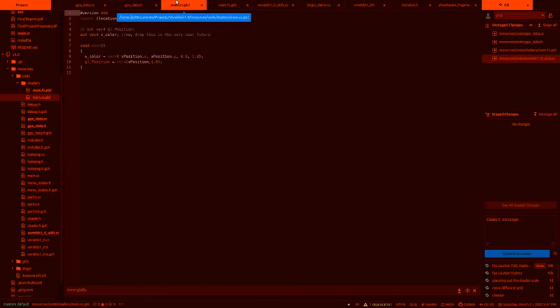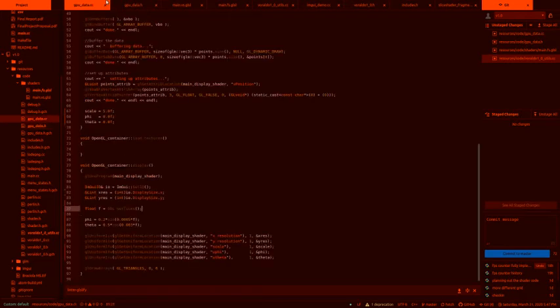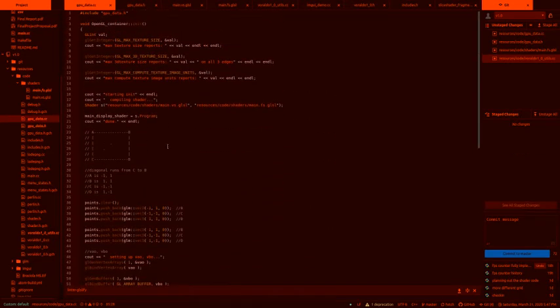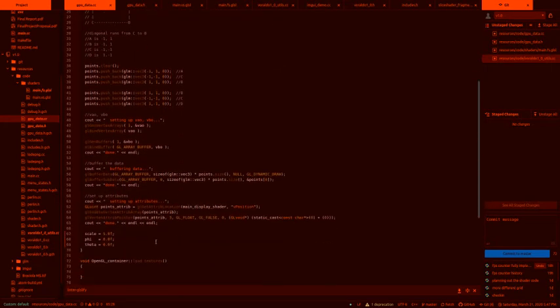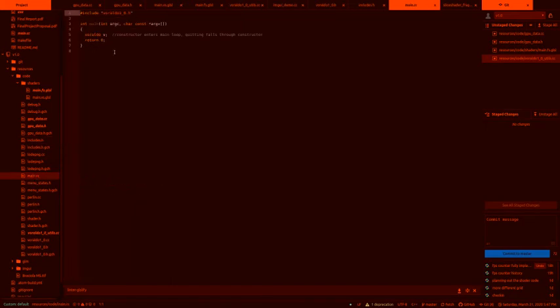Getting to the point where I don't actually have the texture declared yet, so that's going to be held here. The handlers are held there, and then the setup is going to be part of this initialization of the GPU data. This has been an interesting one for me. I've never actually broken out all the functionality of my code this way before. But to go through the whole thing really quick,